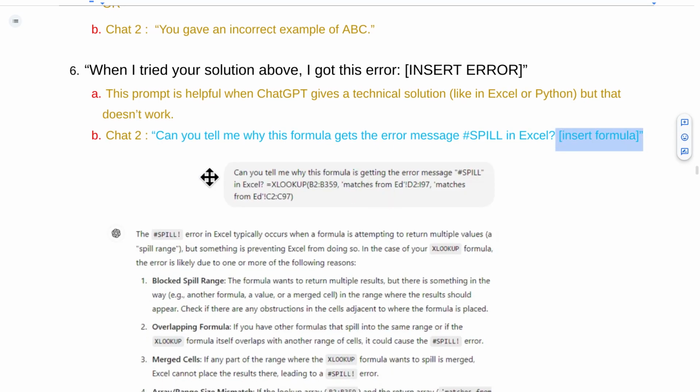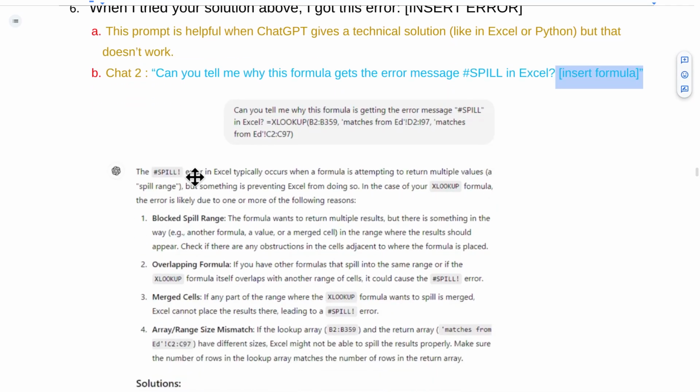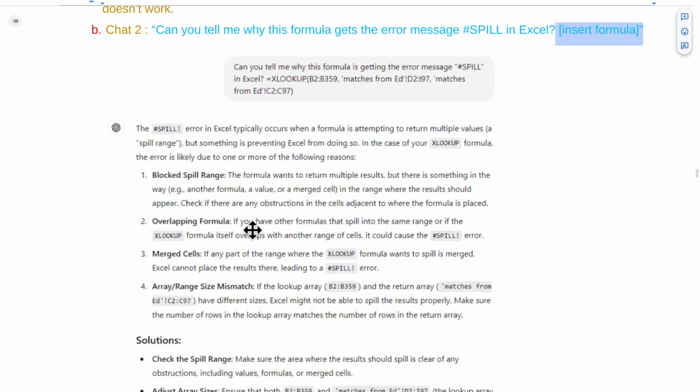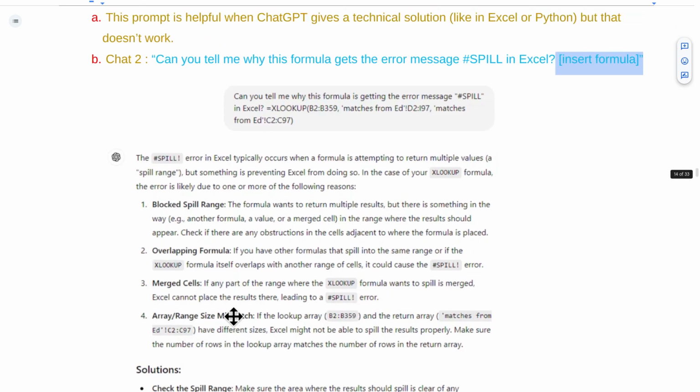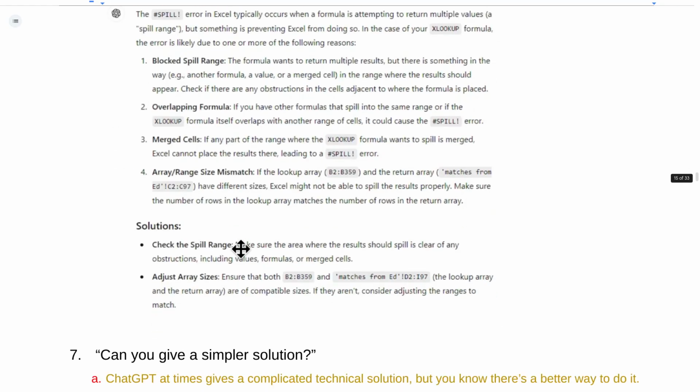When you give this prompt to ChatGPT, it will analyze and tell you what this error is and what the next solutions are also. So just because you get an error on what ChatGPT suggested, don't stop there. It can help you further. The next one is,